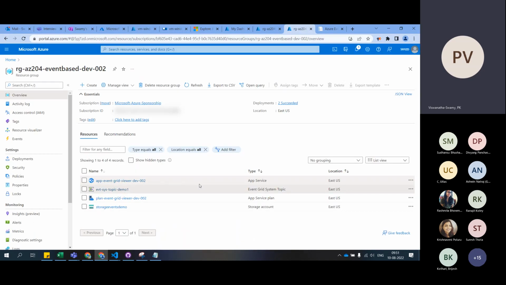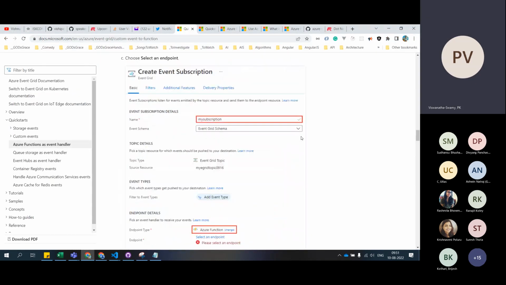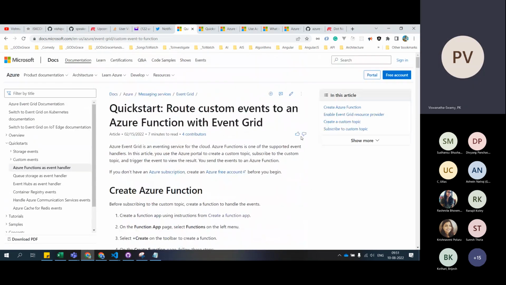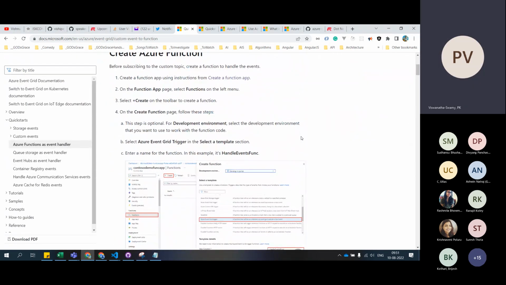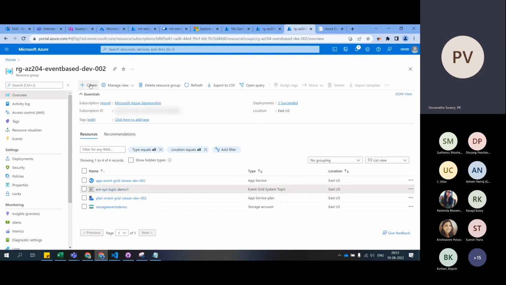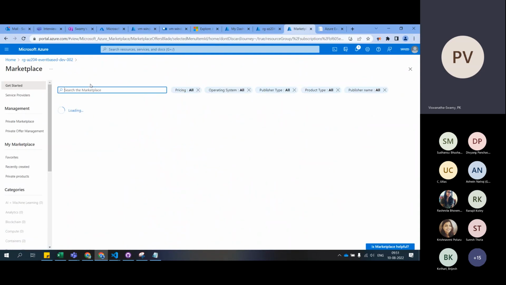It will be very easy. When I speak in the air, it is a little tough, but when we do it, it is very simple. When I was explaining, I was confused, but once we do it, it is pretty clear. It's very, very simple. So we have to create an Azure function and